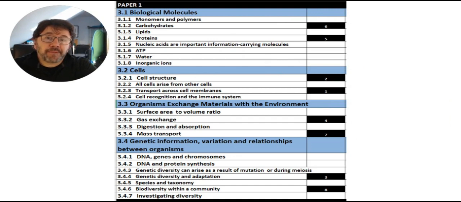So here is paper one. You've got the 4 units in paper one, mainly year 12 work for my students, and you'll see the numbered boxes on the right. The numbered boxes show the priority last year to certain topics. Other things could come up, so if there wasn't a black box, it might still have come up, but it showed you the priority areas for last year's paper one.